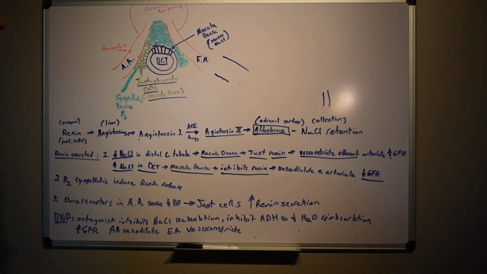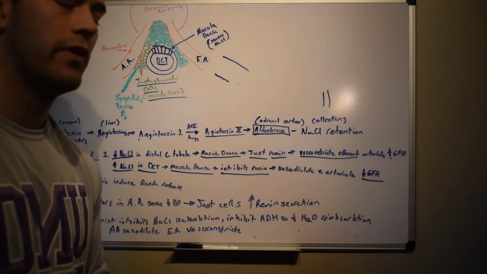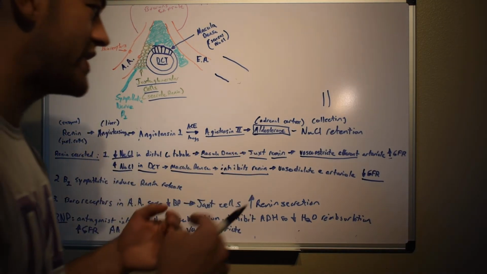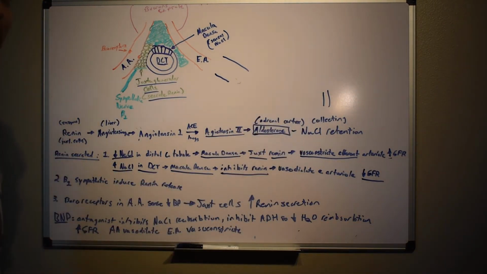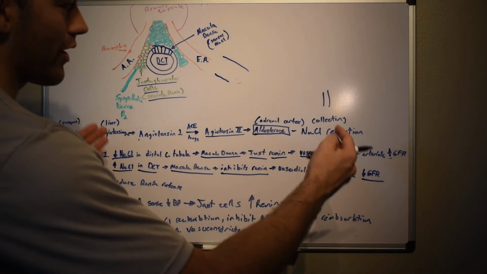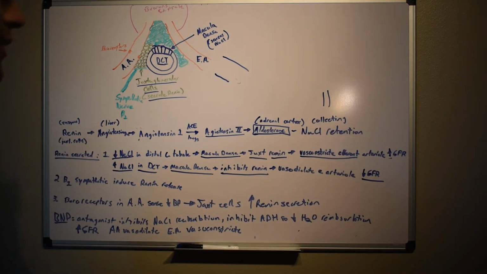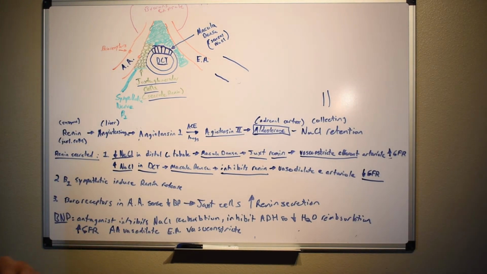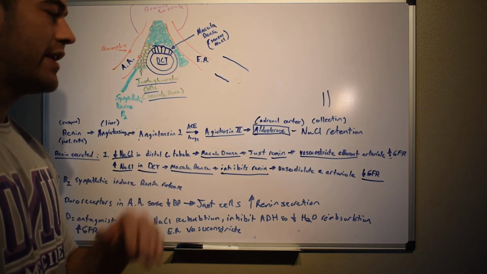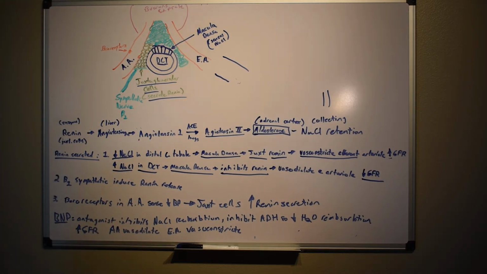So we're going to make a very small amount of urine when this system is active, okay? Because we're going to be retaining a bunch of water to increase our blood pressure, right? So we're coming full circle, thinking about it again. Our increasing amount of water or serum or plasma in the blood, we're increasing our blood pressure. So if we have our angiotensin II and it is being influenced by our renin secretion, and we increase our glomerular filtration rate, we are going to also